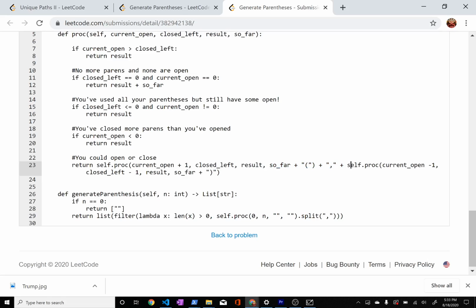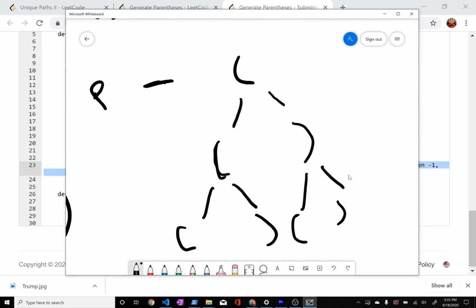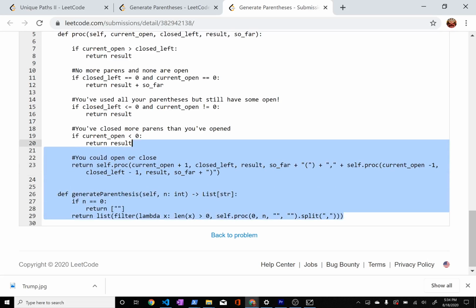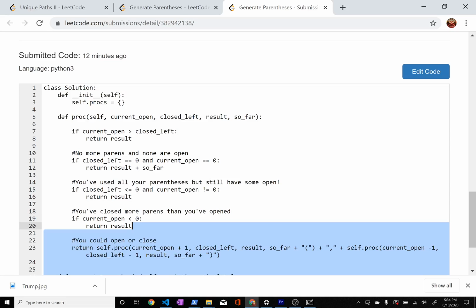And finally, I'm going to concatenate to this another recursive call of the proc function with one fewer open parenthesis. I'm decrementing the open parenthesis count because what this proc call represents is the right-hand branch where I'm adding a closed parenthesis. And so to add a closed parenthesis, I'm decreasing my current open count. I'm decreasing the number of closed parens I have left by 1 because I'm using one of them. The same result, and then I'm adding a closed paren to my so far function. And so this winds up being